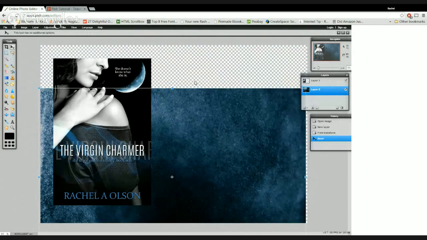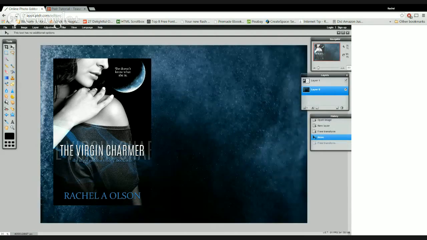Otherwise, that white will be put right back in there. But if you save it as a PNG, there will be absolutely nothing in that background, and you can place that image on any background, and it will show whatever color the background is, just because there's nothing actually there. All right, we're going to